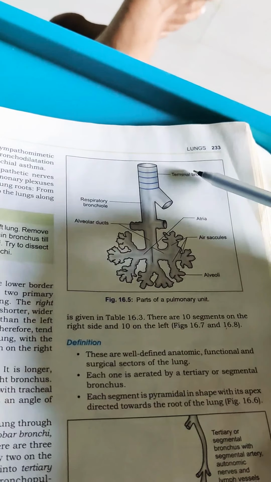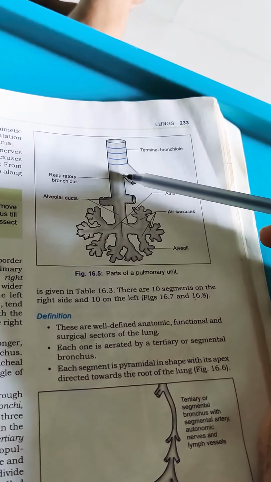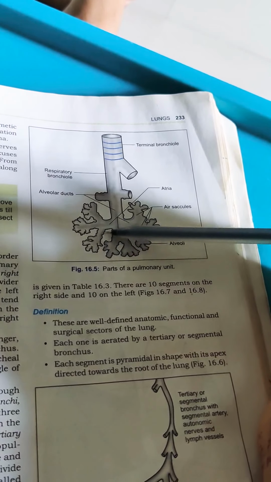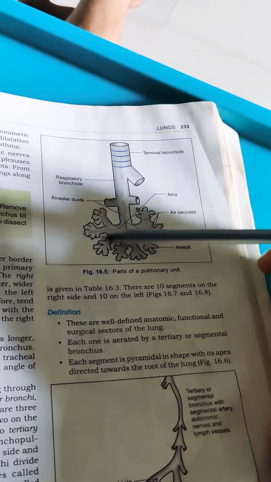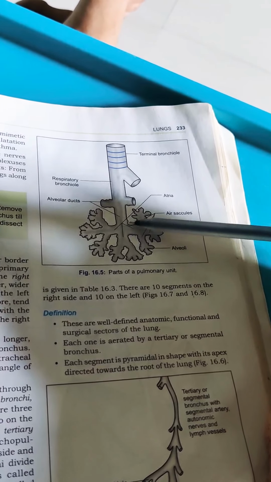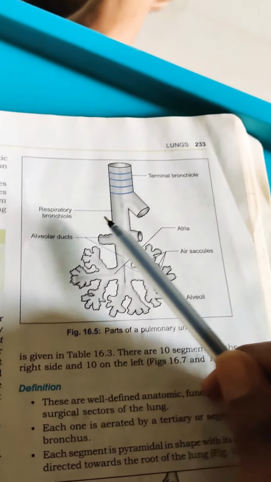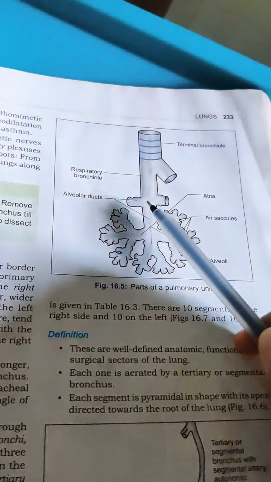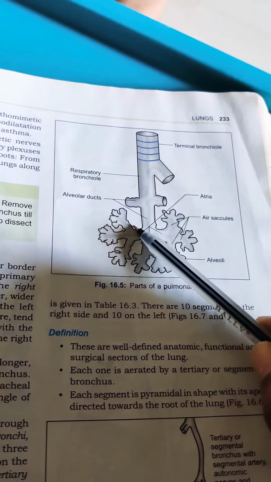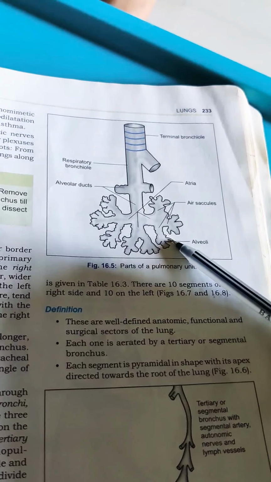So you can see the tertiary bronchi or segmental bronchi are later divided into terminal bronchioles, and these terminal bronchioles divide into the respiratory bronchioles and later into very small structures which are aerated mainly by the pulmonary unit. So you can see this is called as atria. These are the air saccules, and of course this is the alveoli. So you can see the respiratory bronchiole. The respiratory bronchiole mainly ends in microscopic alveolar ducts, atria, air saccules, and pulmonary alveoli, where actually the gaseous exchange takes place.